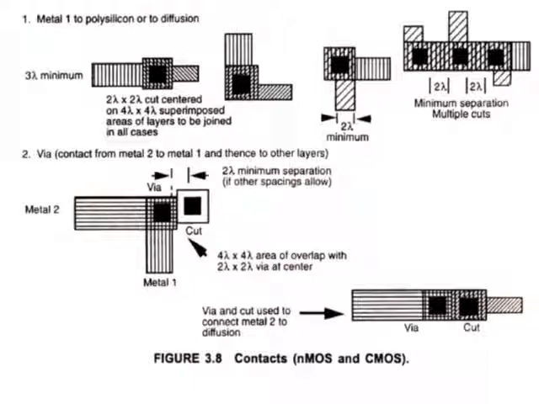So again we have rules regarding cuts. The cut should be 2 lambda cross 2 lambda. It should be superimposed on 4 lambda cross 4 lambda. See, we have two different square boxes here. This inner square box is a 2 lambda cross 2 lambda cut. It is centered, that is, it is at the center position on the 4 cross 4 lambda, and these are superimposed areas of the layers.